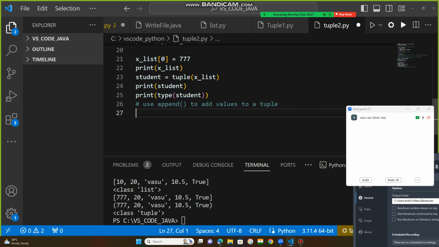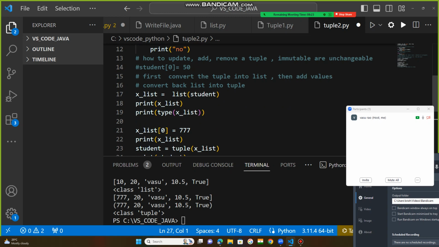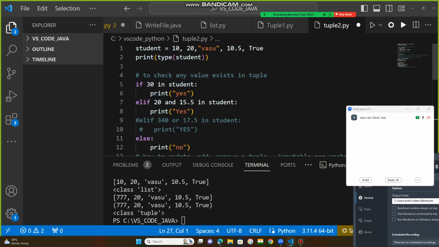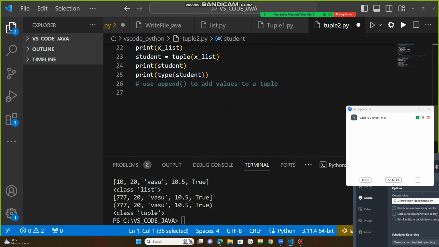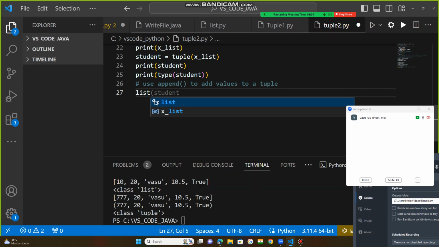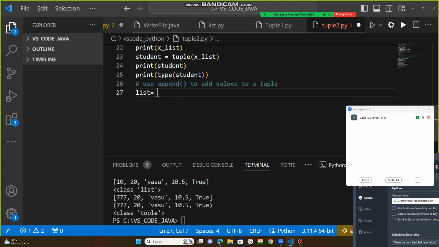Same thing, we need to convert the tuple into a list. What is our tuple? This is the tuple, so I want to convert this. Now create a variable, suppose simply list, which is a list variable that holds